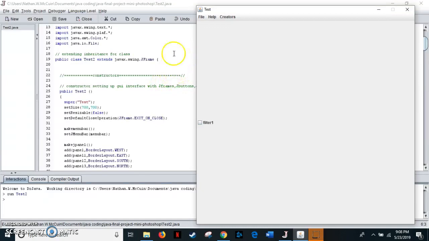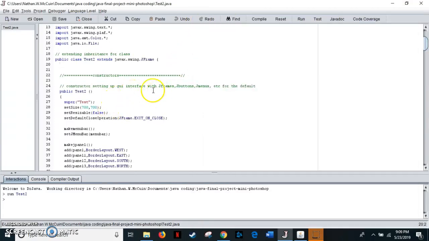So I'm going to be displaying the file button right now. So we have the public class, which sets up the whole thing, and it's going to extend a JFrame, which it will set up. It gets a JFrame from the import, and it sets up a default JFrame, but it's not defining anything. In the first constructor, though, we will set up a super, which will define it. It'll give it a name, it'll give it the size, set it resizable false, and the exit on close operation for the exit